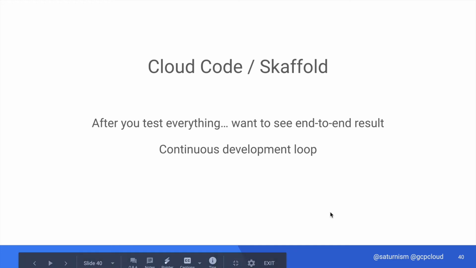Now you can deploy the entire application into Kubernetes. However, when you do discover some issues with the running app, you may need to go back to the source code, recompile, and then rebuild the container image, and then redeploy. This is called the development loop that you may have to repeat over and over again, but the good news is that you can actually automate it.